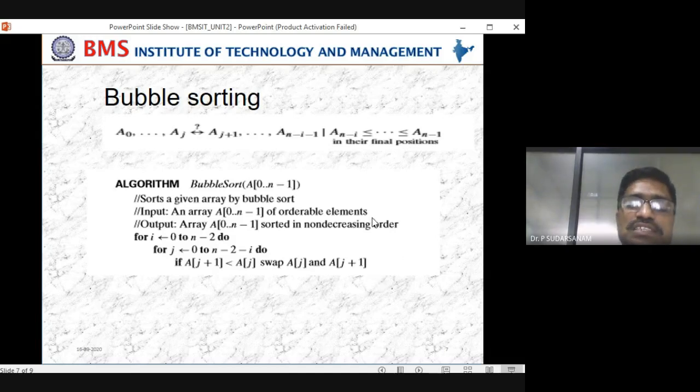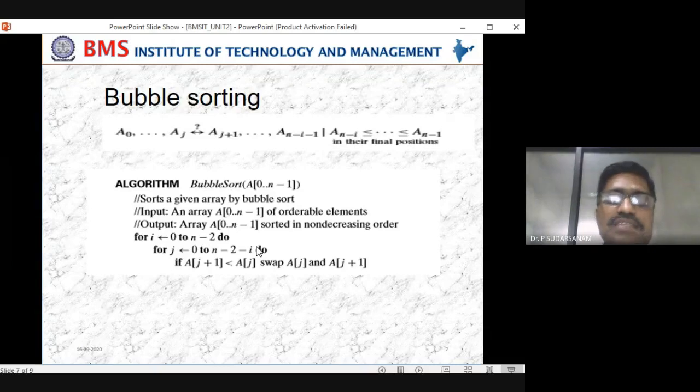So that is the reason you are subtracting the i value here. Subtracting means you are subtracting from n minus 2. For example, for 10 elements, if i is equal to 5, then 10 minus 2 is 8, 8 minus 5, so only the remaining 3 elements you will be sorting. That is the way this formula works. See, such a simple algorithm.